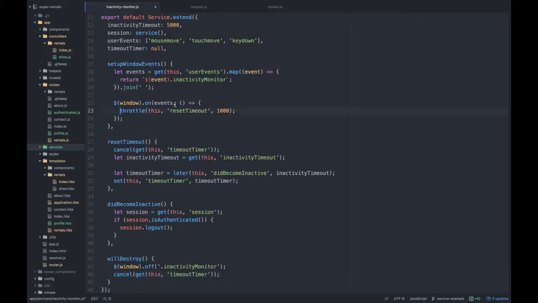We should probably destroy this, right? It's a weird use case. You probably won't ever hit it, but if this got destroyed before this 1 second resolved, it is still going to try to throttle that function, and then you're going to get this weird error that you can't call this function on a destroyed object. So let's